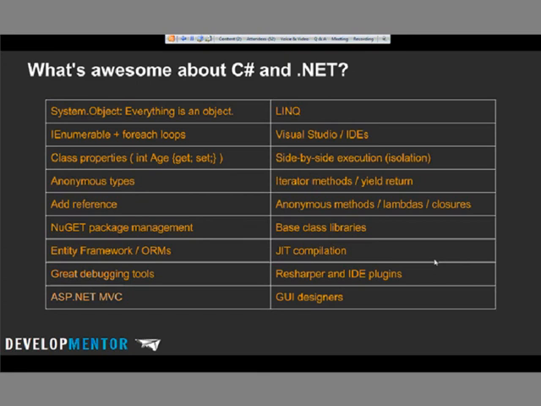Properties, you know, the last time I wrote a getter and a setter, it was a long time ago when I was doing a lot of C++. Right? Languages like C++, getters and setters are necessary because you might need to do validation or transformations or expose computed values or things like that. But in .NET, we stopped doing that for the most part because we have this concept of properties, and properties let you sort of consume data in the most natural form as fields and values, but generate them and validate them just as you should for data encapsulation as methods, right? So properties are awesome, and I hate to have to go back to write getters and setters.